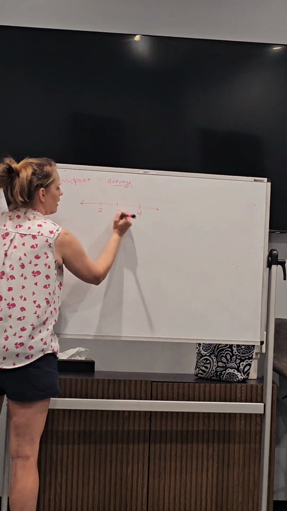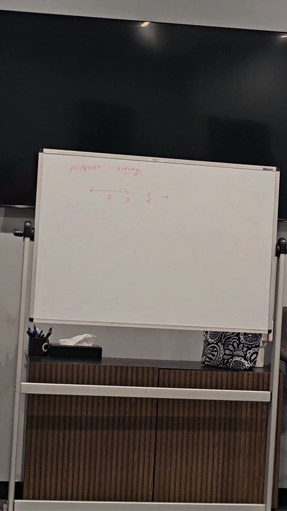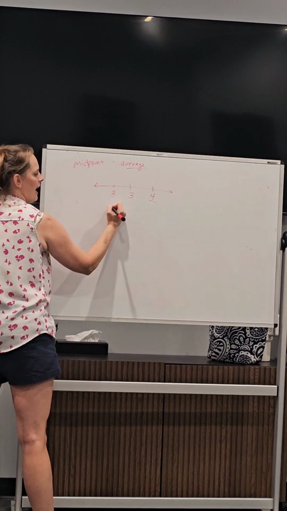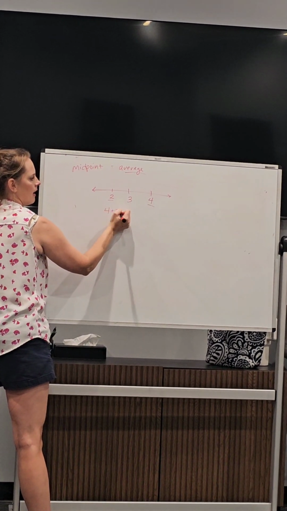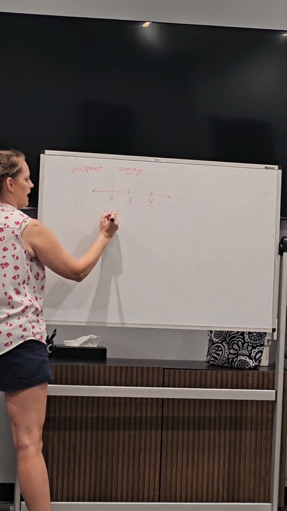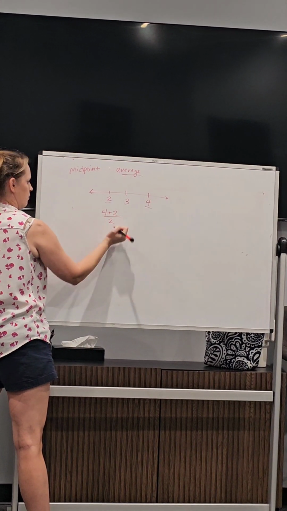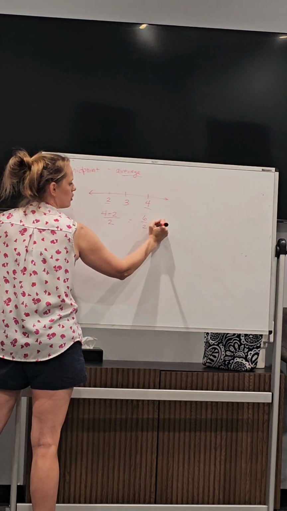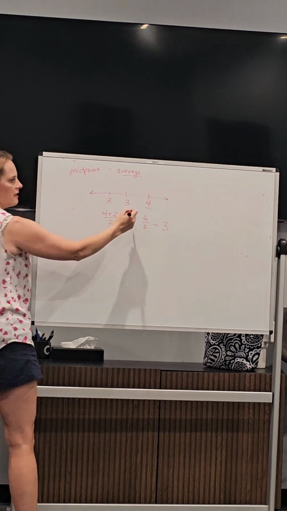Everybody can do that. Well, you did that without doing any math, but what's the math you did? You took and added them up, and then what did you do? Divided by 2. So that would have given me 6 divided by 2, which is 3,